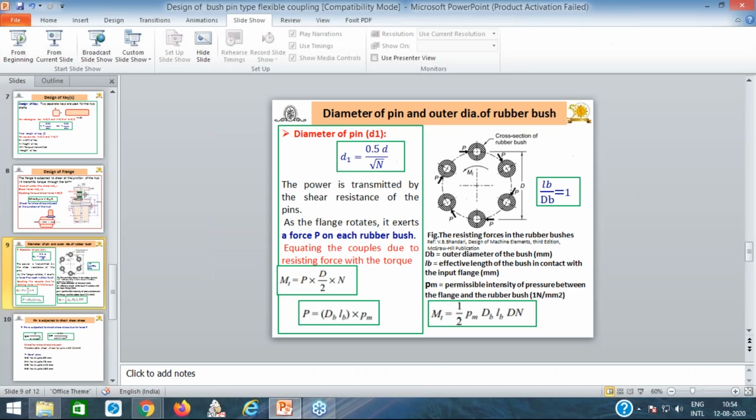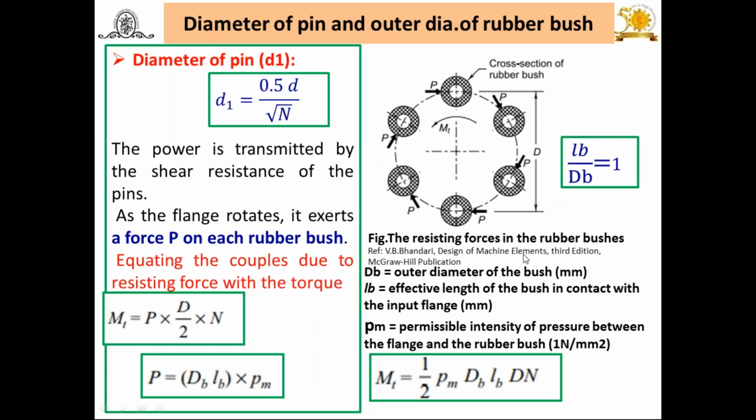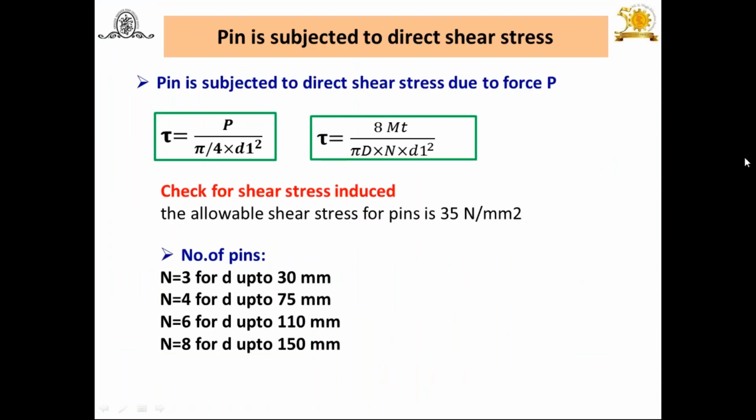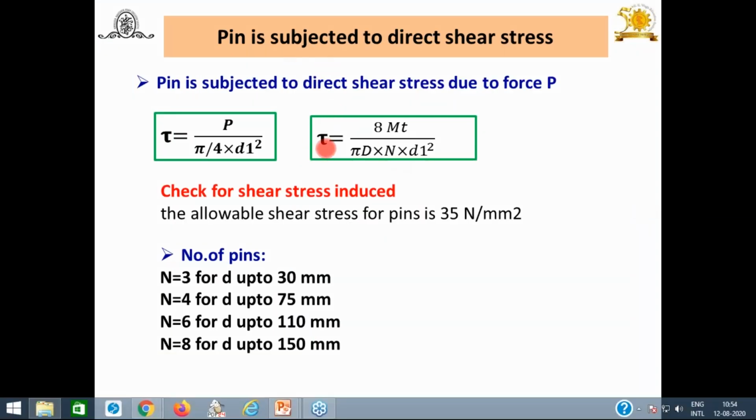Try to understand. So what you have to do is find out the shear stress induced in the pin. By using this equation, find out this tau, and this tau should be less than the permissible shear stress, and then you can say your D1 or capital D is safe for the pin or PCD or nominal diameter of the pin. This is about the design of pin.